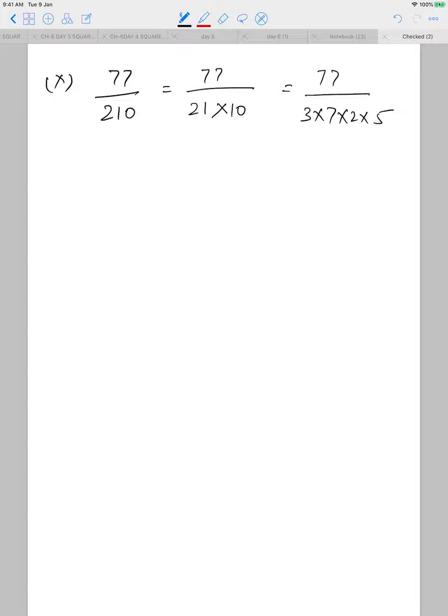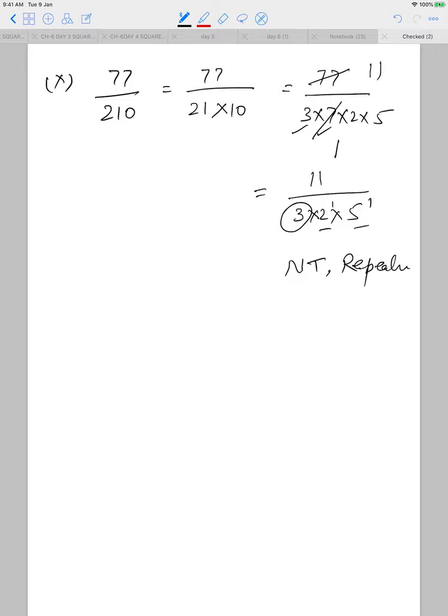So this is the prime factorization of the denominator. Just by looking at this, I would not like to say it is non-terminating, because you have 3 and 7 in the denominator and 77 in the numerator. So let's first convert it into the lowest form. Even after converting into the lowest form, you are getting 3 into 2 into 5. So in the denominator, other than 2 and 5, you have a factor 3 also. So what kind of decimal expansion will it be? Non-terminating and repeating decimal expansion.